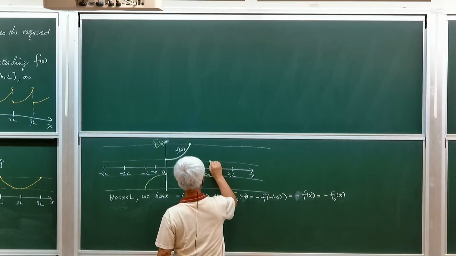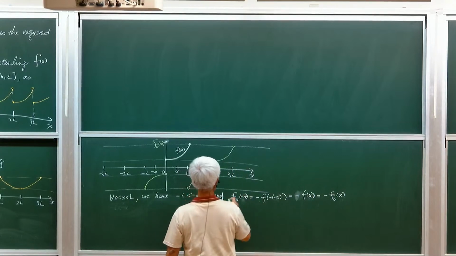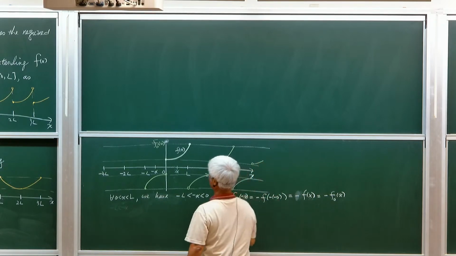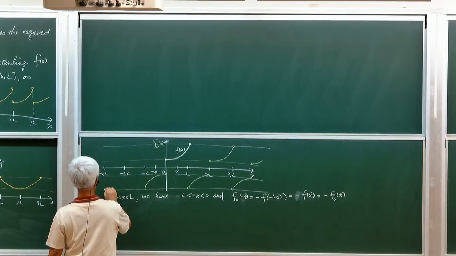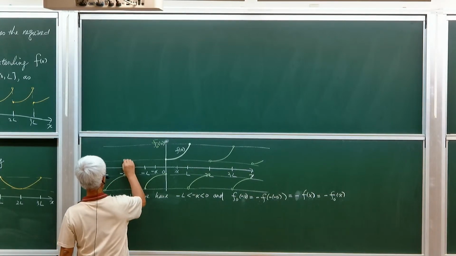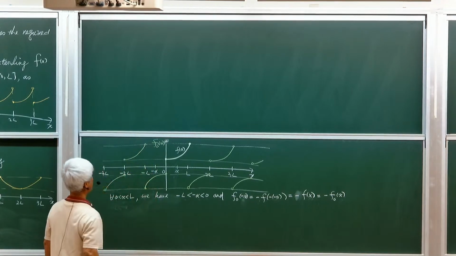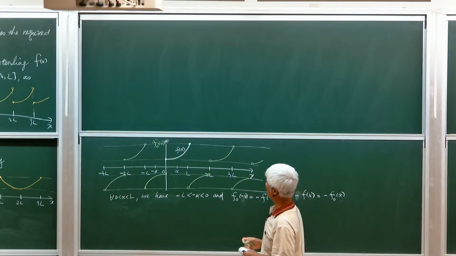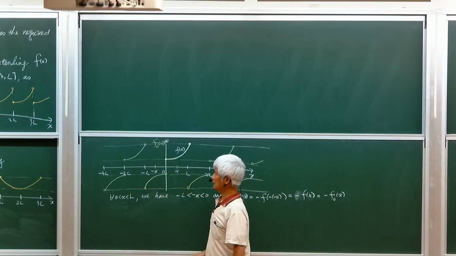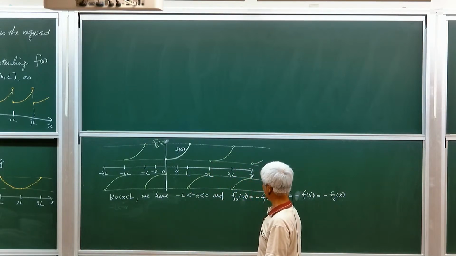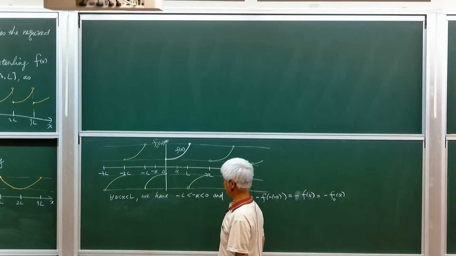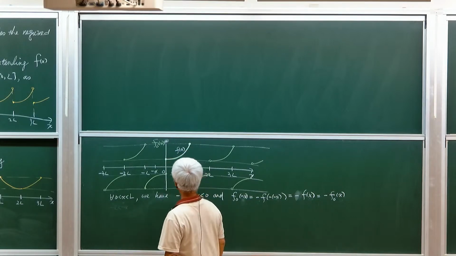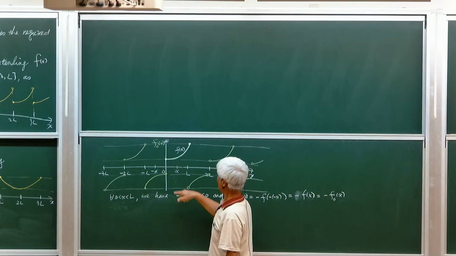So the green figure illustrates the other periodic extension of f of x here. Now, so you can see, to become